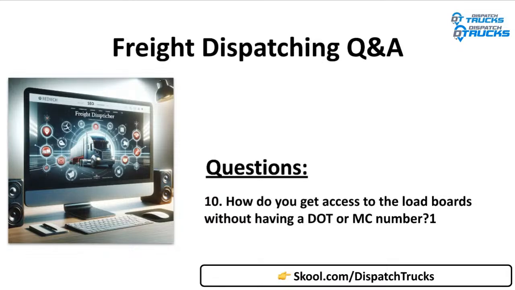Now DAT says, this is one of the reasons why I said semi dispatch friendly. Why? Because now they have two requirements. Number one, you must have a company in the US. The second is you must have a carrier in order to get access to the DAT. Even then, it's not easy to get access.